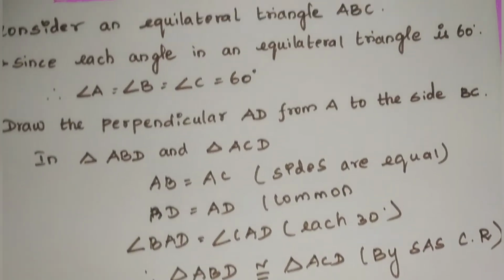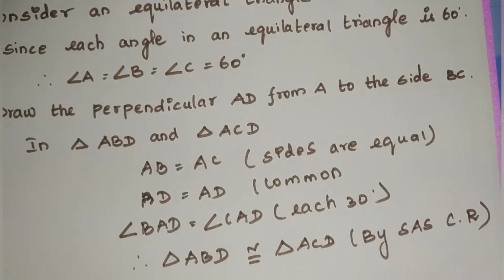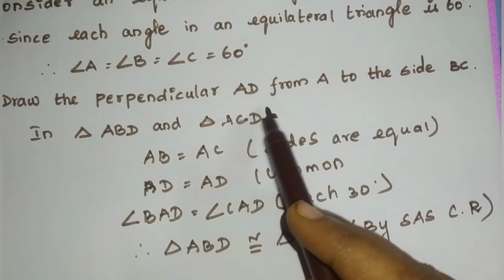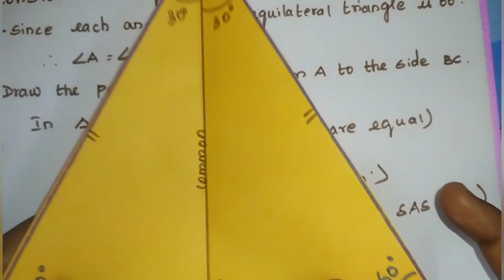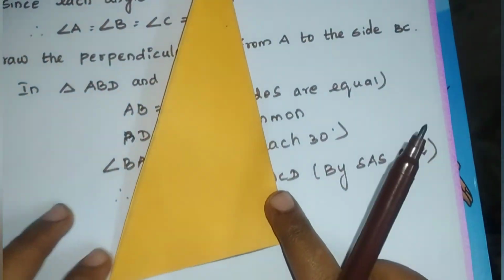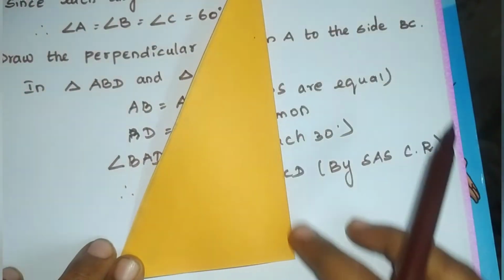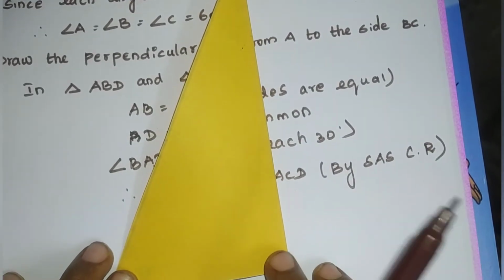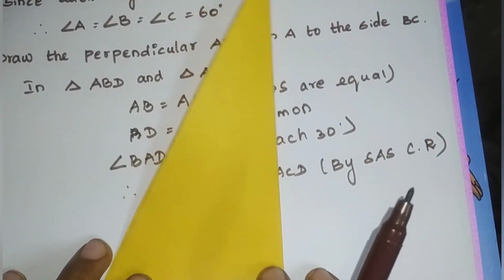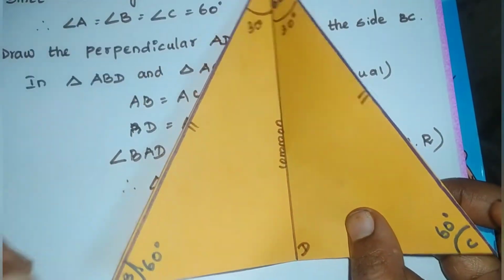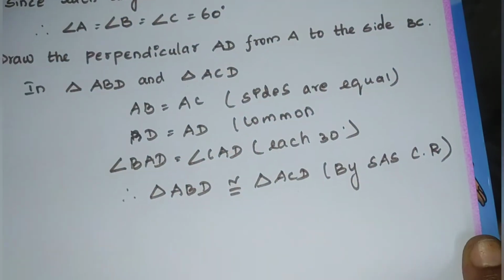First we have taken an equilateral triangle. All the angles will be 60 degree and we draw a perpendicular line and we divided this equilateral triangle into two congruent triangles. If you see this one, we got two congruent right triangles. Okay. I'm going to consider the half portion first. Before that, consider the side.